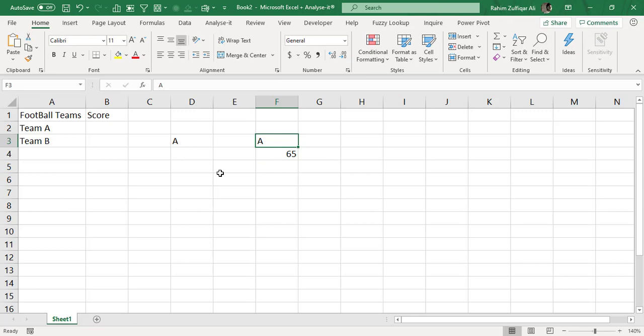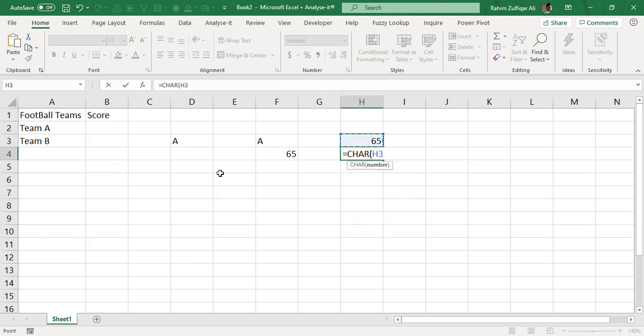This means that A has been set with a code of 65 on the backend. And if I write 65 and need to return a character instead of a number, I have the CHAR function, and I give a reference to that number cell, and it returns a character from that number.